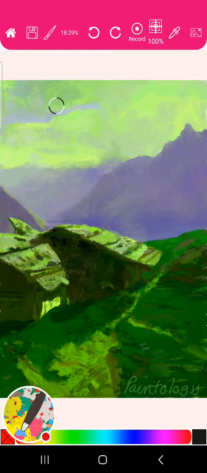Well, in fact, it was actually done on my phone, the one you're looking at right now, a Samsung Note, using the Paintology drawing app. And you ask yourself, well, this is image manipulation, obviously. Again, you're wrong. This is not image manipulation. This is drawing with your hand using the available brush. In fact, I used the line brush,